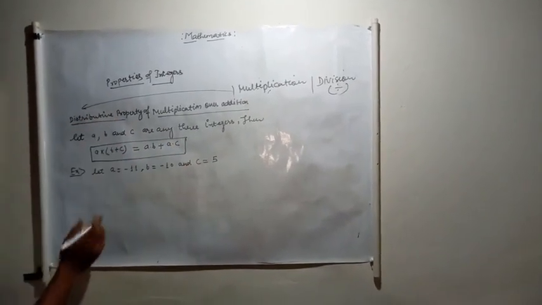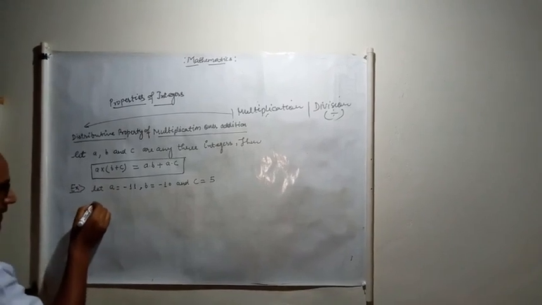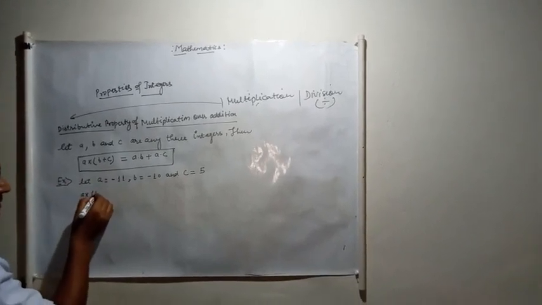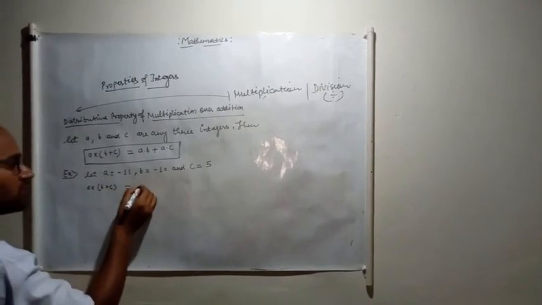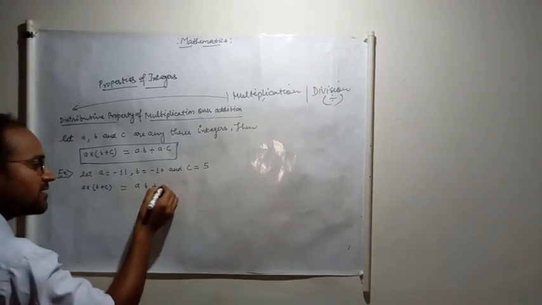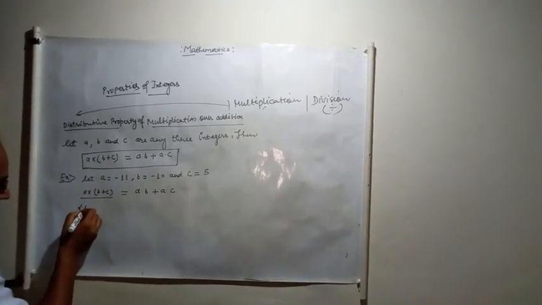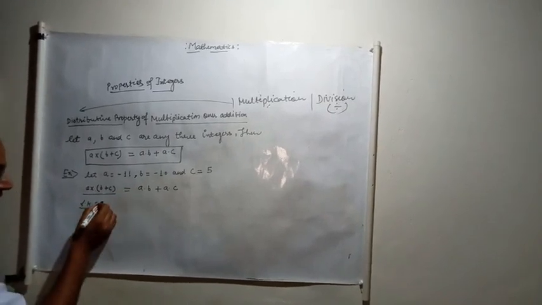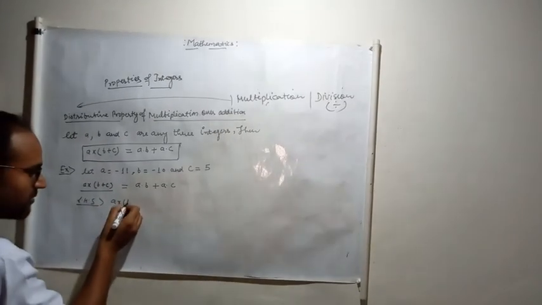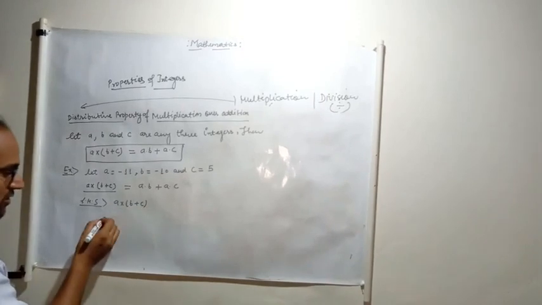According to the rule of the distributive property, A into bracket B plus C is equal to A into B plus A into C. So I have taken this as the left hand side, LHS. A is multiplied by B plus C. If we solve this one,